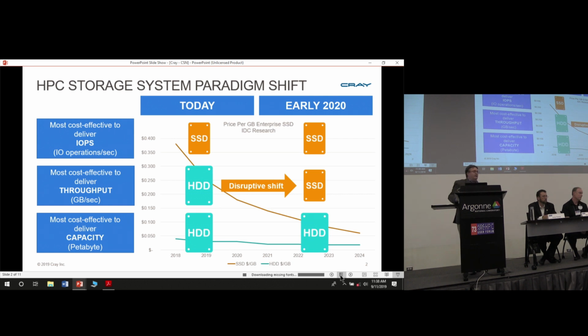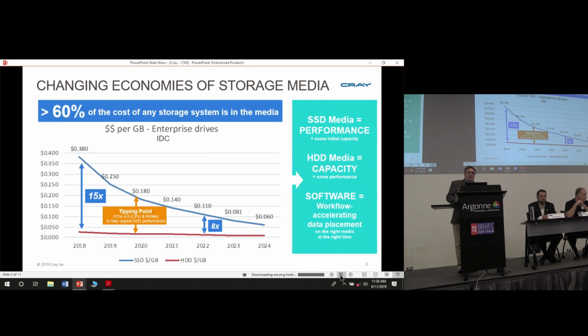So at the very top, you've got SSDs, right? And they've kind of replaced the SAS drives in node local storage. We start seeing them a little bit more in storage for the whole clusters, right? But as we move into 2020, the disruptive shift is that the price of SSDs per terabyte is actually past SAS, right? But still continues to approach nearline SAS or SATA drives, right? So there's still a place on the low end for hard drives, but